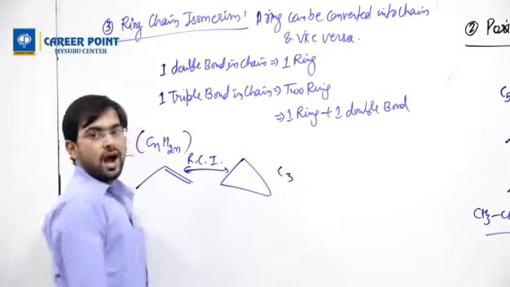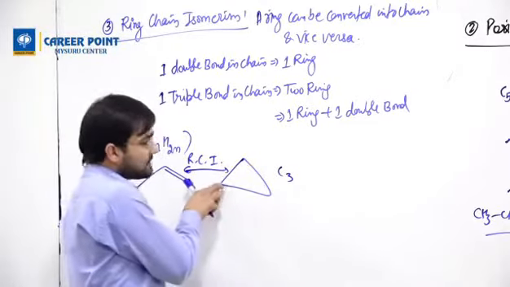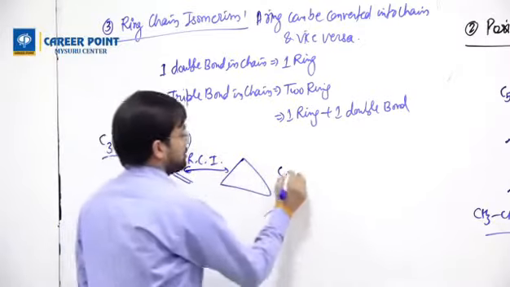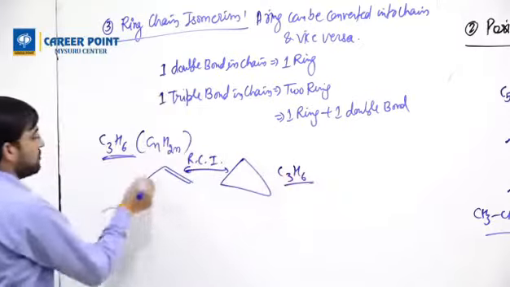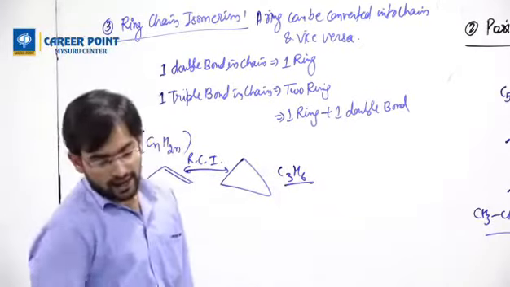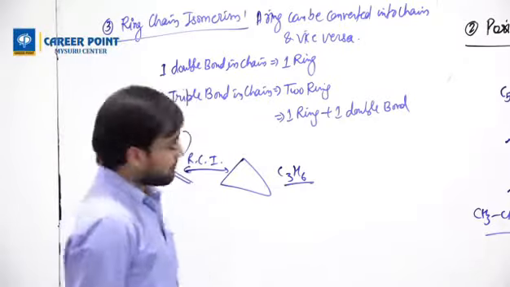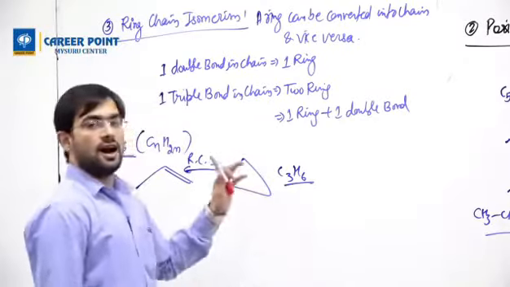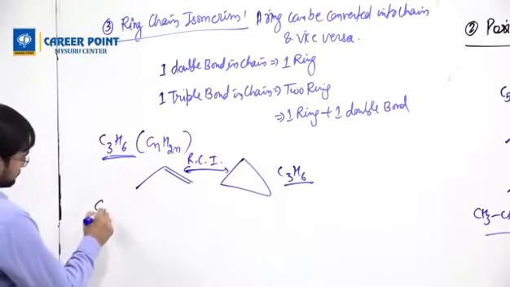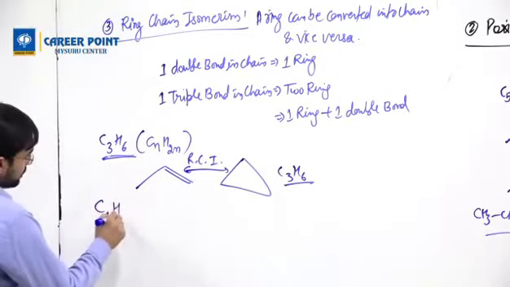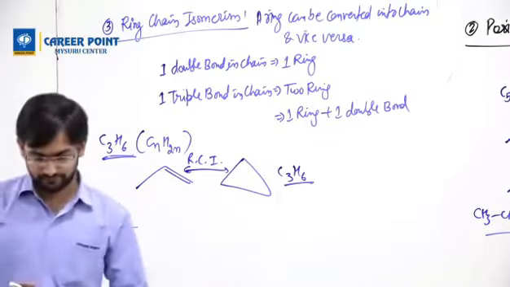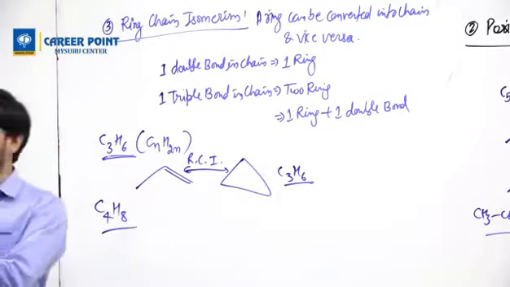Now to verify, how many carbon? C3. How many hydrogen? Each carbon has got 2 lines, so it has got 2 hydrogen. 2, 4, 6. C3H6 molecular formula same. Structure different. They are isomers. Which type of isomer? Ring chain isomer. I'll give you one more, try this question, okay? C4H8. Try how many you can get.